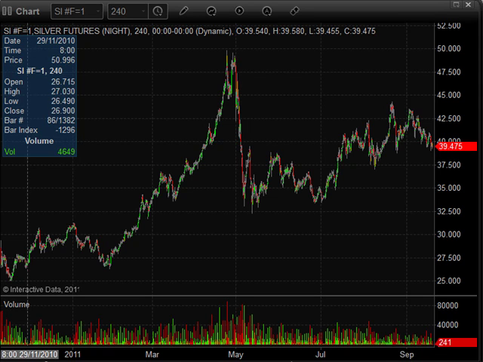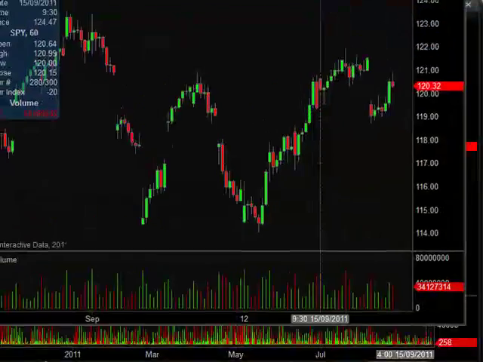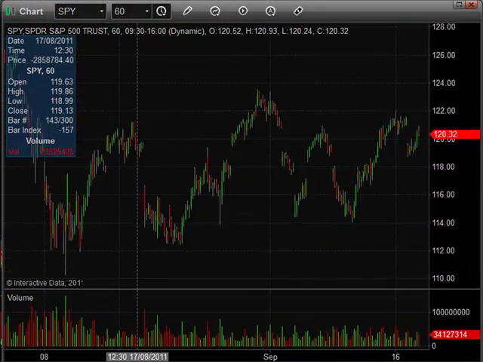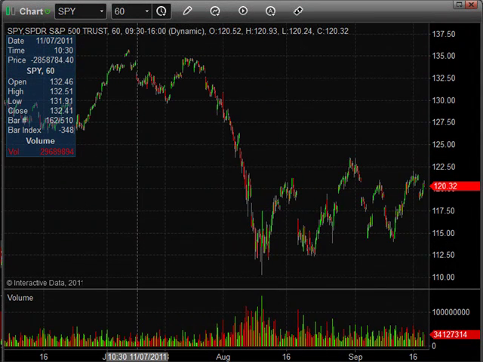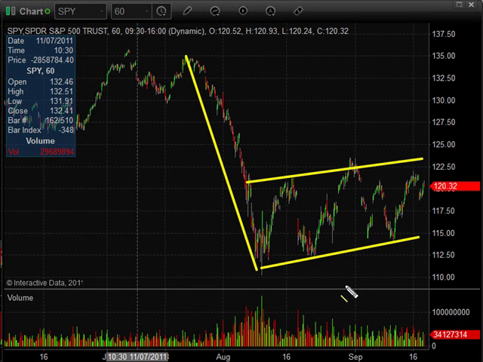Looking at the SP500, this is the 60-minute chart of the SPY ETF, which pretty much mimics the broad market here. If we just zoom out, you can see we've got very similar price action to crude oil. The overall trend is down. We're forming this bear flag, and we've come back up into overhead resistance, these previous highs.